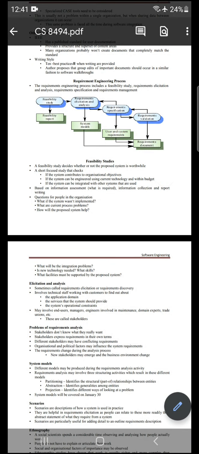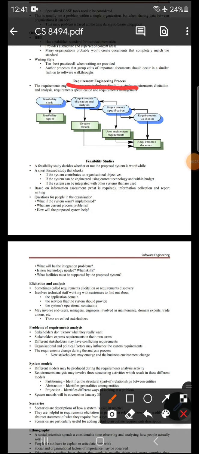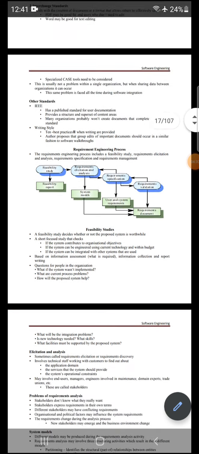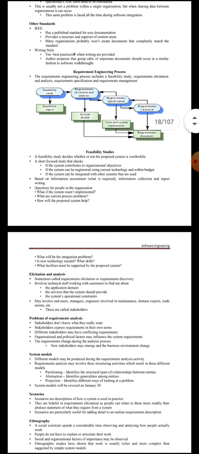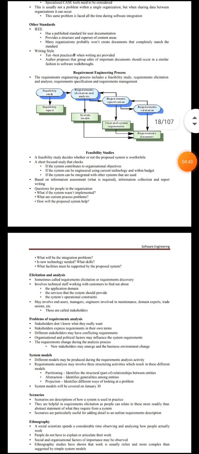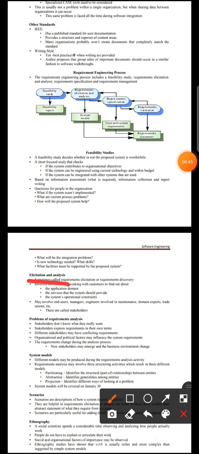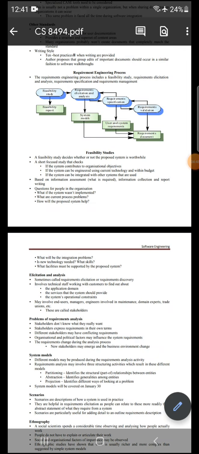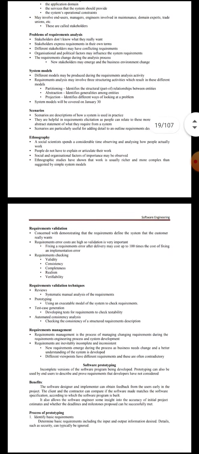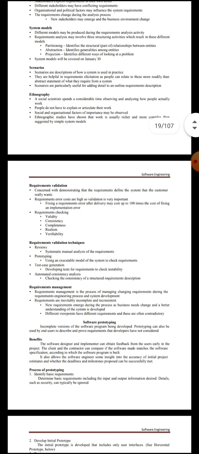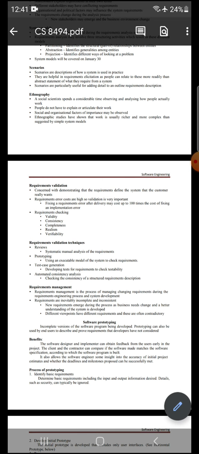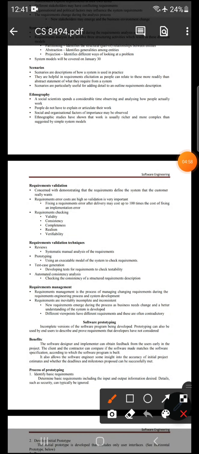So here is the answer for the requirement engineering process, and you can start writing from this, followed by these examples and a tabular column. For elicitation and analysis, you have to write in a detailed manner. It is also an important question. So here is elicitation. Okay, so the problems required, etc. And here comes the requirement validation. You can gather the points here also. Requirement validation techniques.